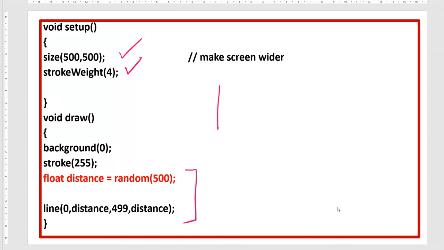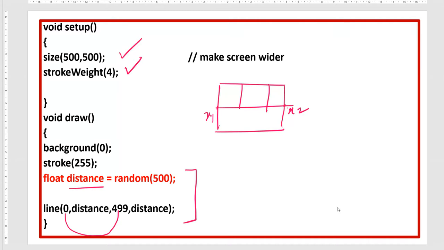The requirement is that the line should be horizontal, so x1 is 0, it should start from 0 and touch here. This is x2, this is x1. Now for y1 and y2, which should be the same, we have made one variable and the name of the variable is distance.